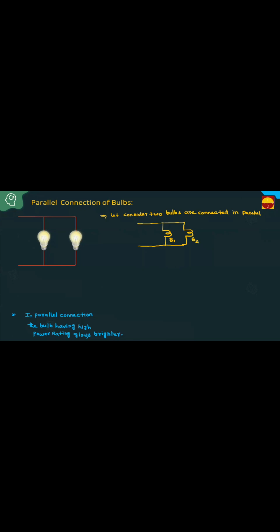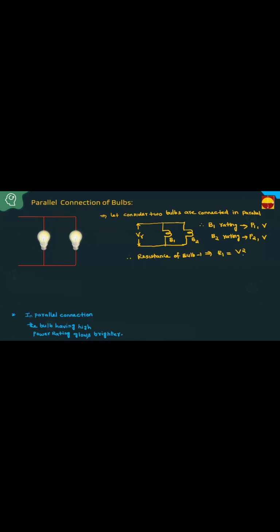Let the rated supply voltage be VR. Bulb 1 has power rating P1, voltage V. Bulb 2 has power rating P2, voltage V. Then what is the resistance of bulb 1? The resistance of a bulb is calculated from the rating of the bulb. This is important. Resistance of bulb 1, that is R1, equal to V square by